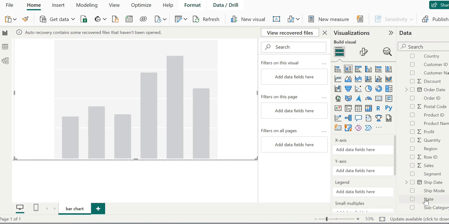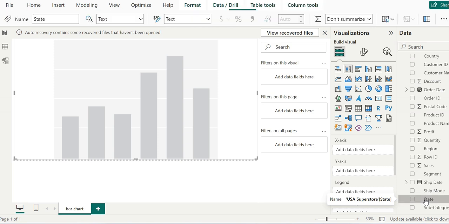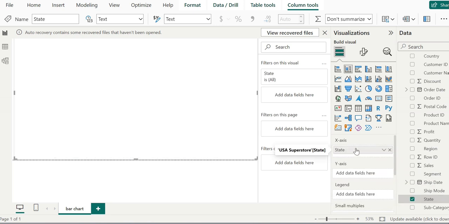See, this is the State field. We can simply drag and drop it into the visualization axis. So for our visualization we are selecting State and simply dragging it here. So the states of the USA Superstore are on the x-axis.